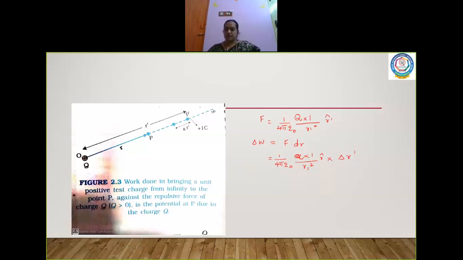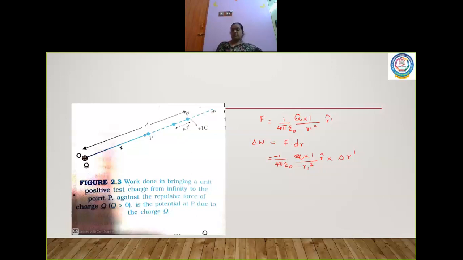Now here I have a negative sign. Why do I have a negative sign? Because the work is done in a direction opposite to the electrostatic force between the two charges. Now this is a small work done. See here, this is the path along which I am bringing the positive charge from infinity to point P. In between, I consider two small points. I have just written the equation for the work done between these small distances, which is del W equal to F dot dr.